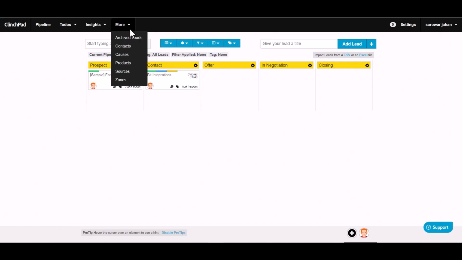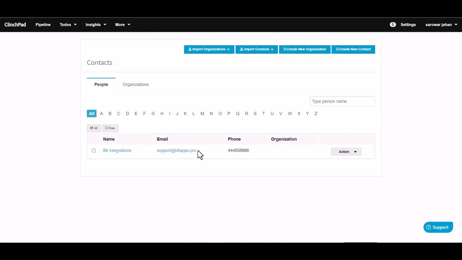Now go to your ClinchPad site, More, Contacts. Here you can see the data came